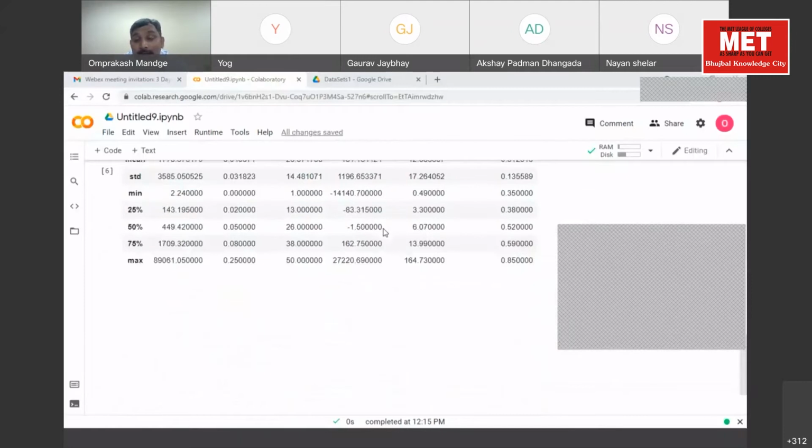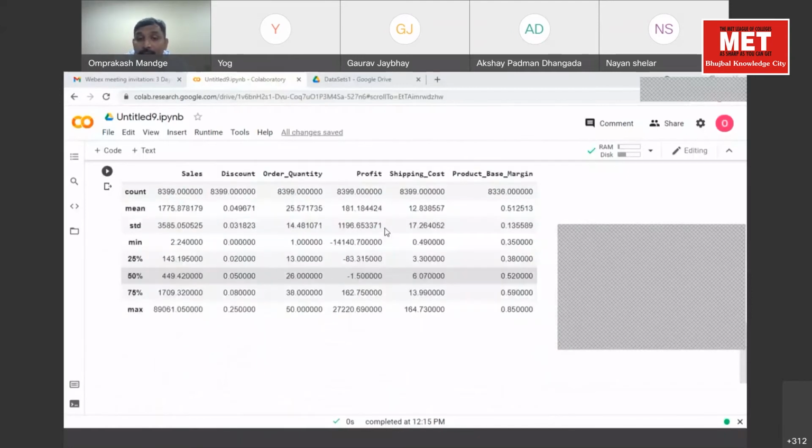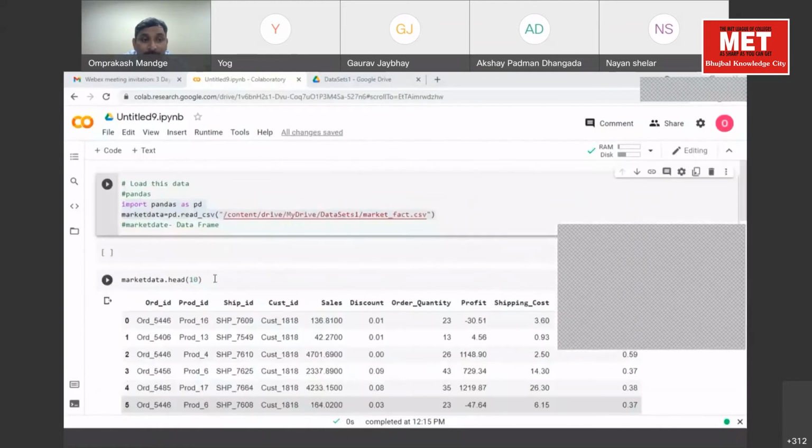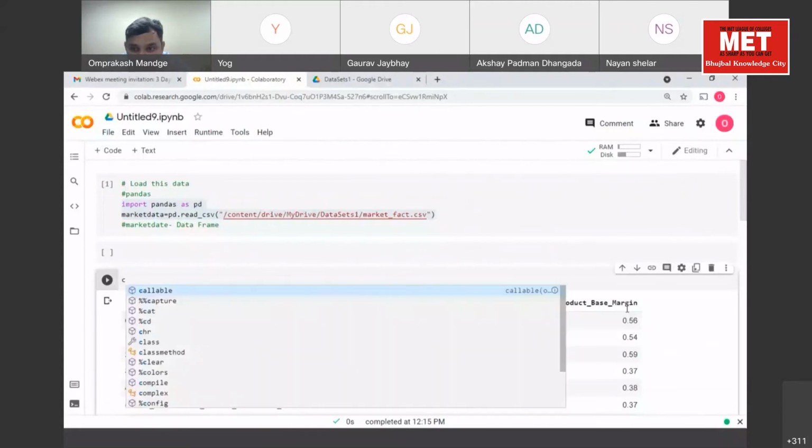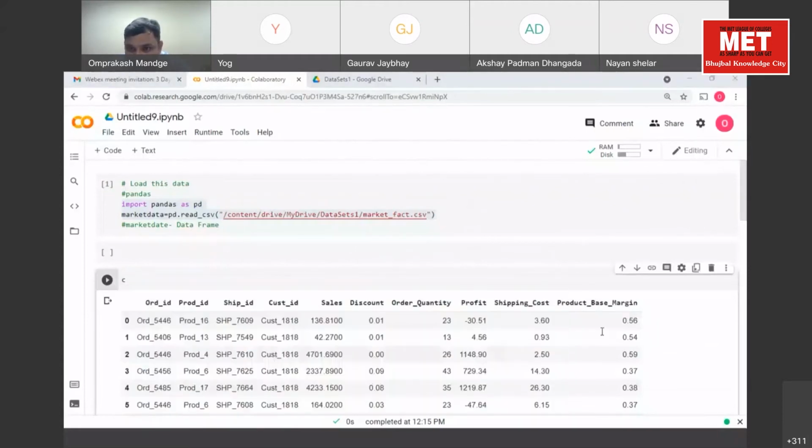See, that's what I said. If you are not getting anything, it means your file has been loaded successfully. Okay, but next, if I want to run this command... Siddhi, I'm not finished with explaining the describe. See, now I'm typing the second command also. Just give me a minute.